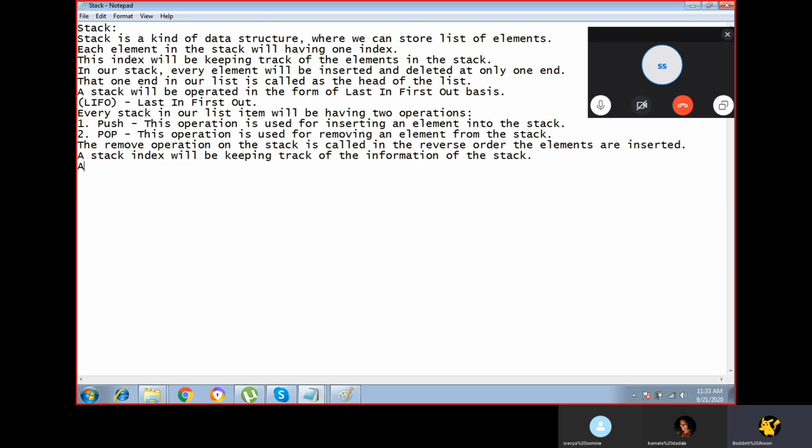After inserting the elements in the stack, if the stack is full, then we'll say that the condition is overflow.